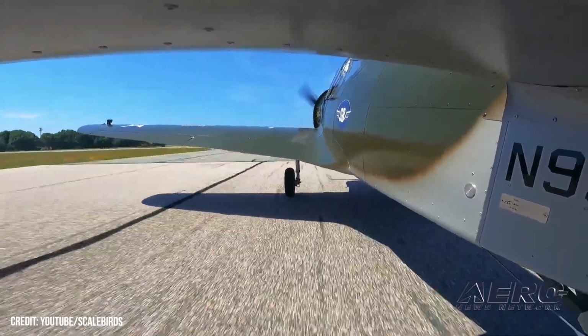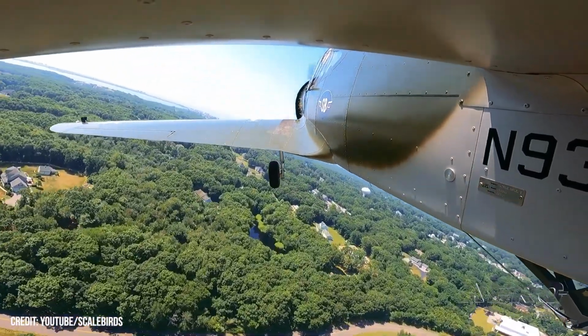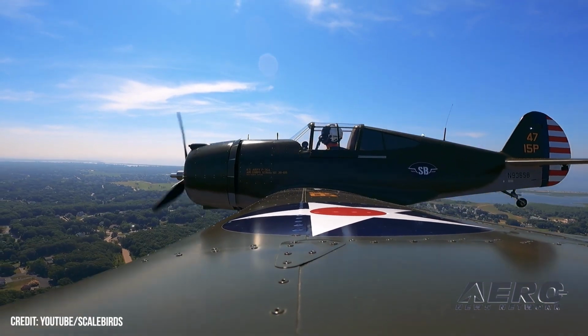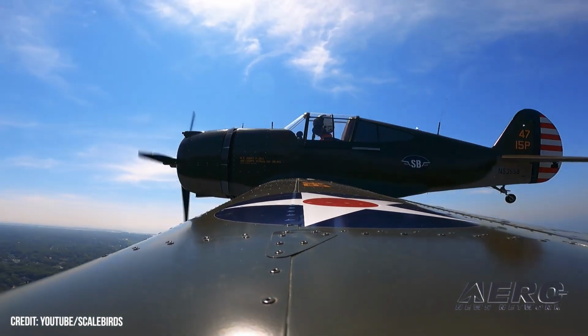Targeted design speeds range from a 54-knot stall speed to a 120-knot cruise. The first of a series of light fighters, the P-36 is expected to eventually be followed by a P-40 replica. More importantly, the P-36 is unique. While a number of warbirds, especially the P-51 Mustang, have been given the replica treatment, the Scalebirds P-36 is reportedly